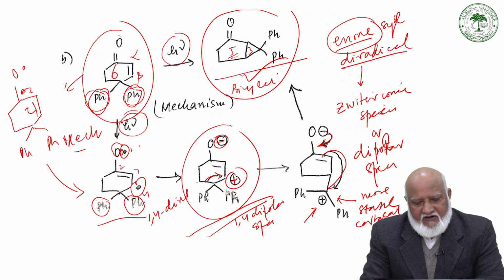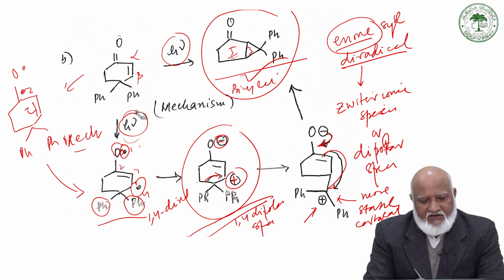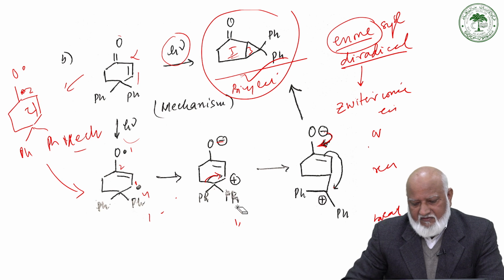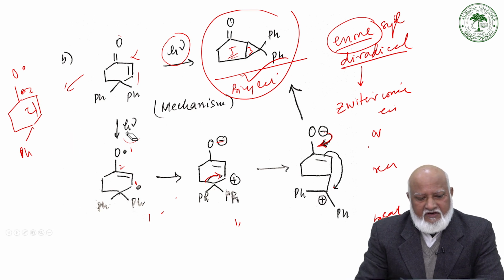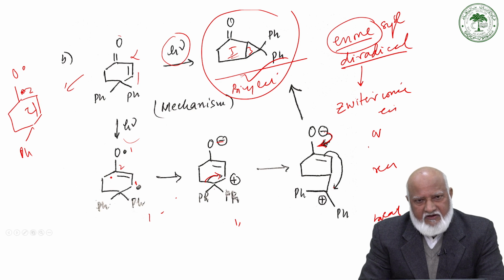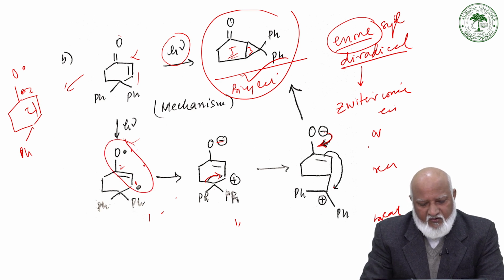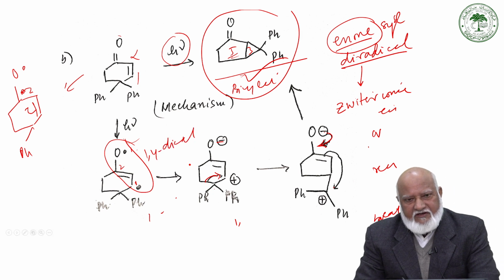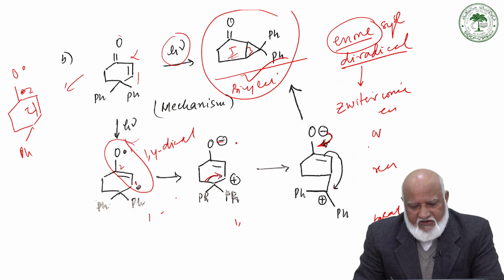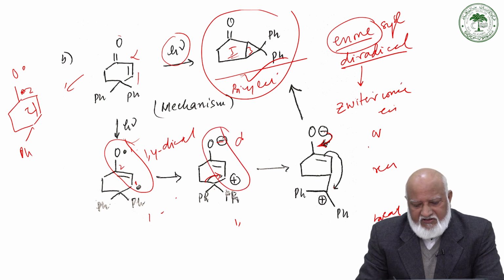First one is under photolytic condition, excitation. Under photolytic condition, it gives a diradical species, and this radical is adjacent to the carbon-carbon double bond and is transformed to a 1,4 diradical, and then the 1,4 diradical in the enone system is converted to a dipolar species